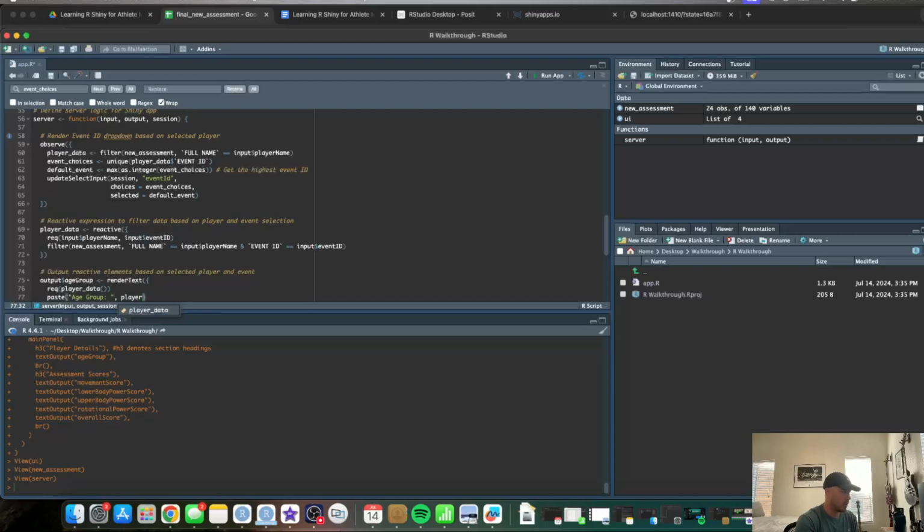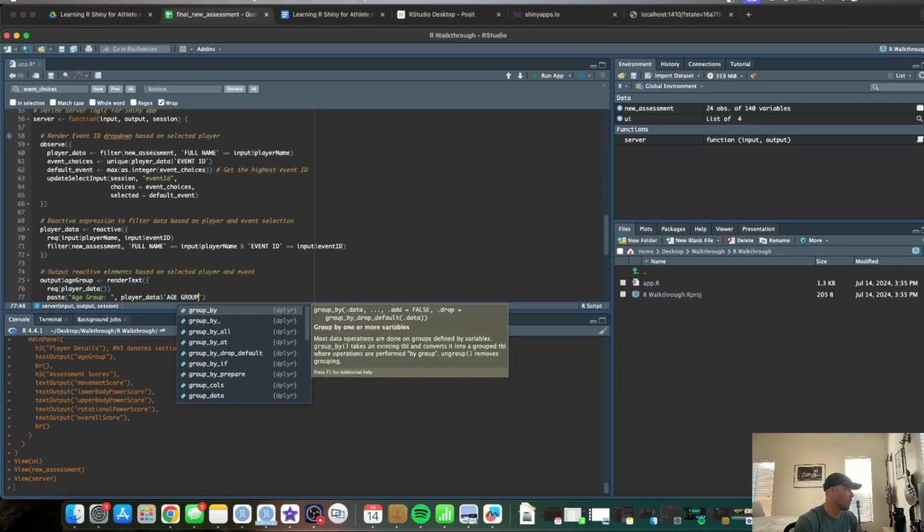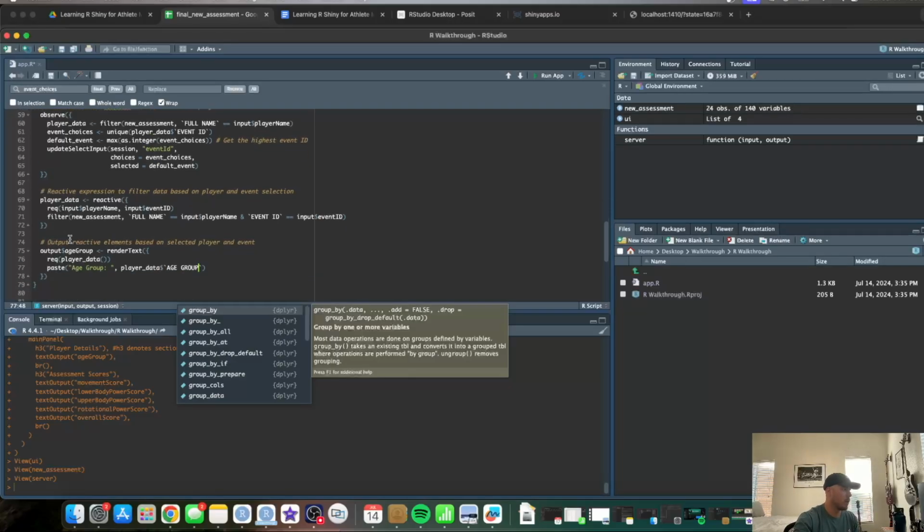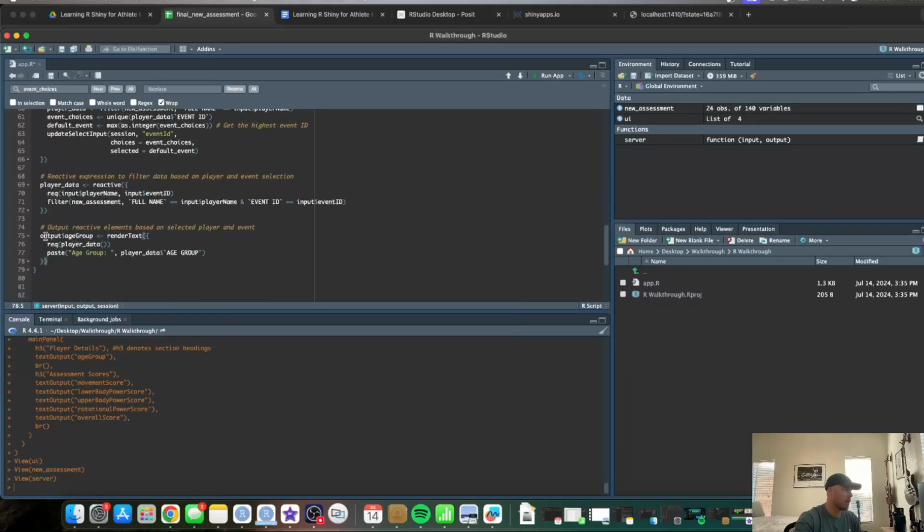And player data, money sign. I'm going to go back to age group, calling it back. So what is this saying? We are saying now that the output age group is going to be render the text. What's required is our player data, same thing that we did up here. And we want to paste the age group that is selected. So based on all of our selections, I want to know the age group of the player that is selected,